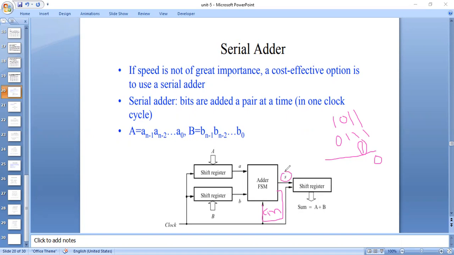How can we construct this serial adder, and what is the circuitry we need? Before going to the construction, first you have to draw the state diagram from the problem statement. So from the problem statement, you have to draw the state diagram. For this full adder, we are going to draw a Mealy type state diagram. In this Mealy type state diagram, the output depends on both the present state and also the input.